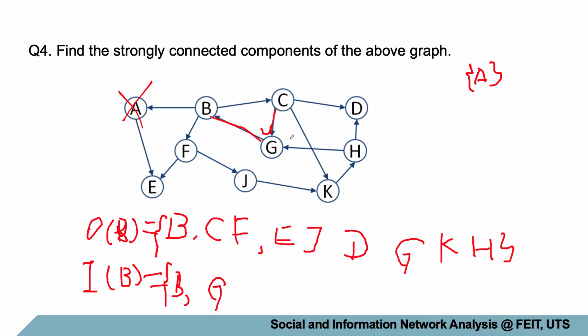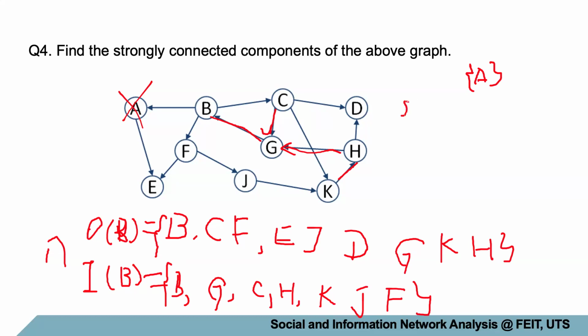C can go to B. H can go to G. So we have C and H. Then who can go to C? B can go to C. B is already here. And we consider H. K can go to H. We have K here. And that's it. Then we consider K. J can go to K. And also F can go to J. I think that's all. And then if we do the intersection of these two sets,